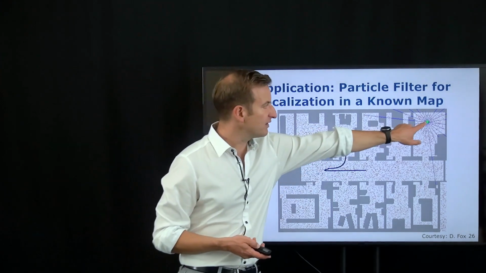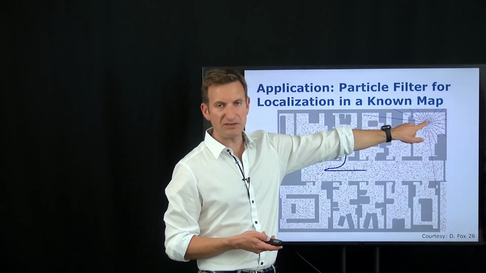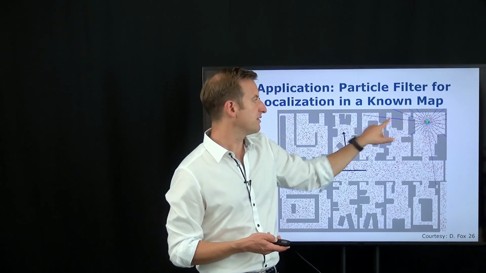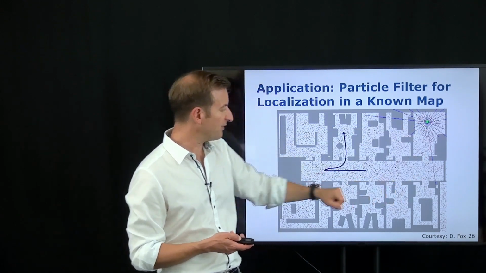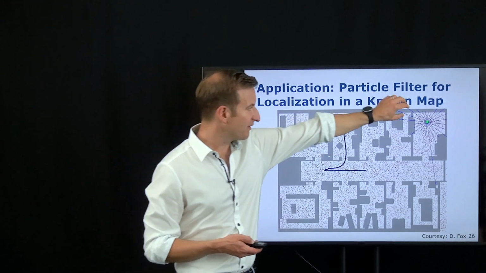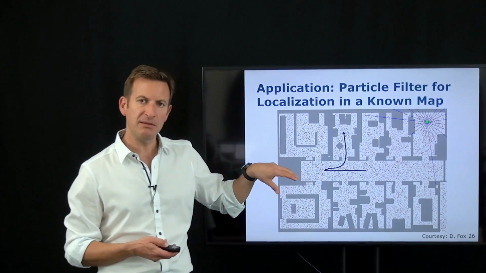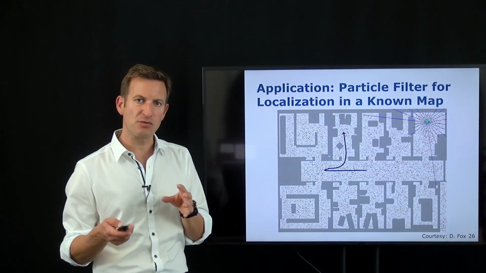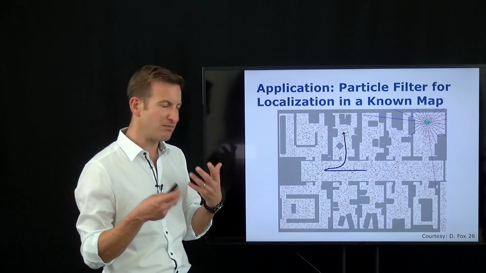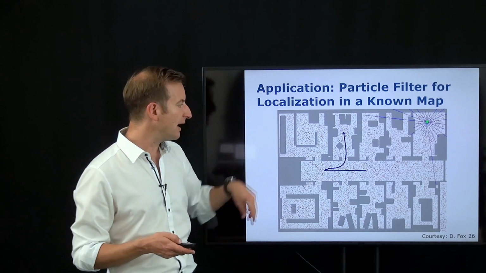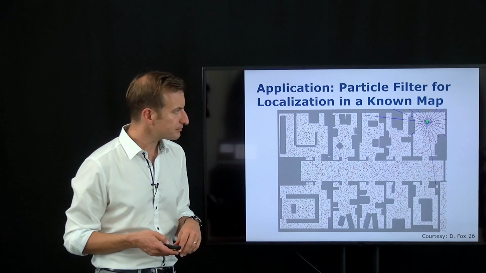What you see is this dot here shows the current best estimate of where the system is. These are the observations, which are in this case sonar observations. And you will see this position jumping around a little bit in the beginning because the system doesn't know where the robot actually is. It has a multimodal belief and it's jumping around until it actually converges.